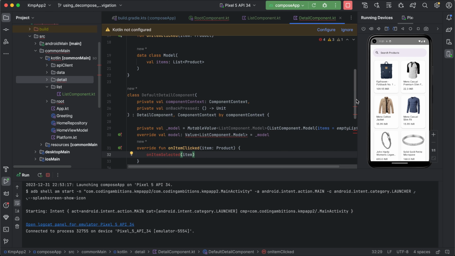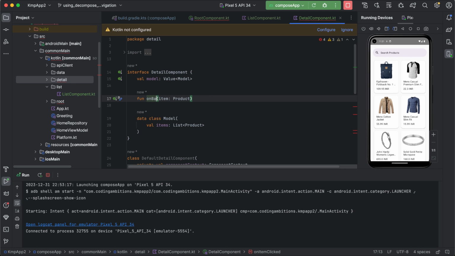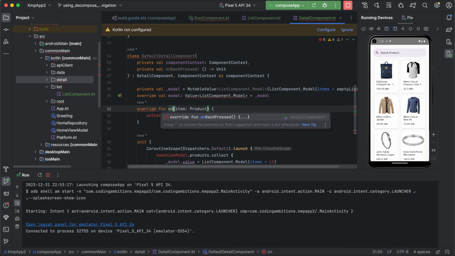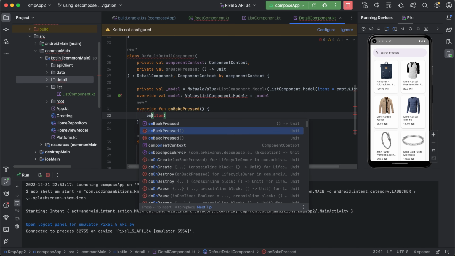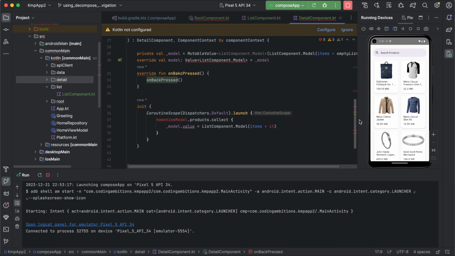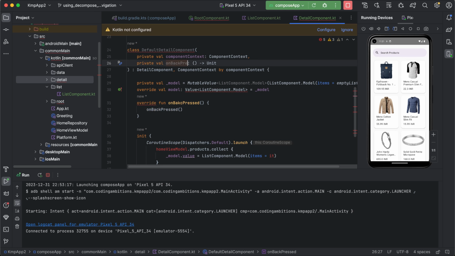And similarly here we can add this callback, this will be triggered from the user, right? And this model here, what we need is an item only, a single item of product type, right? Cool. And here, let's remove this variable on back pressed, let's trigger it, if you see. So on back we can name it